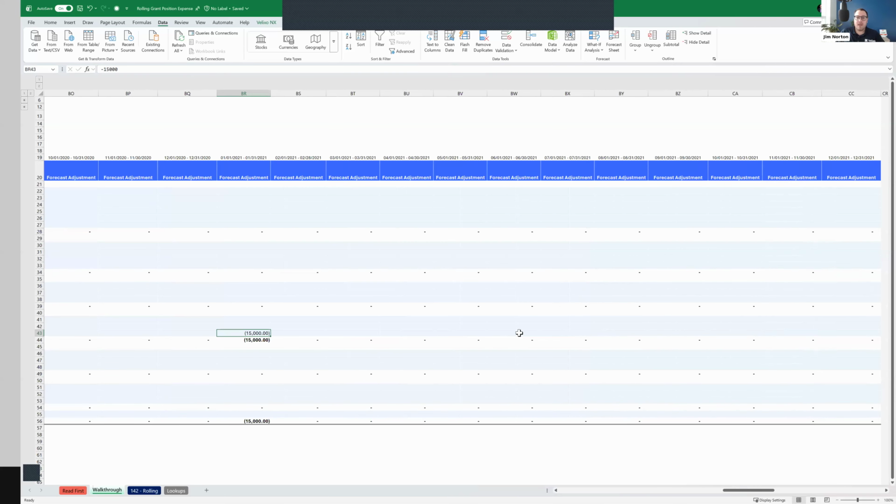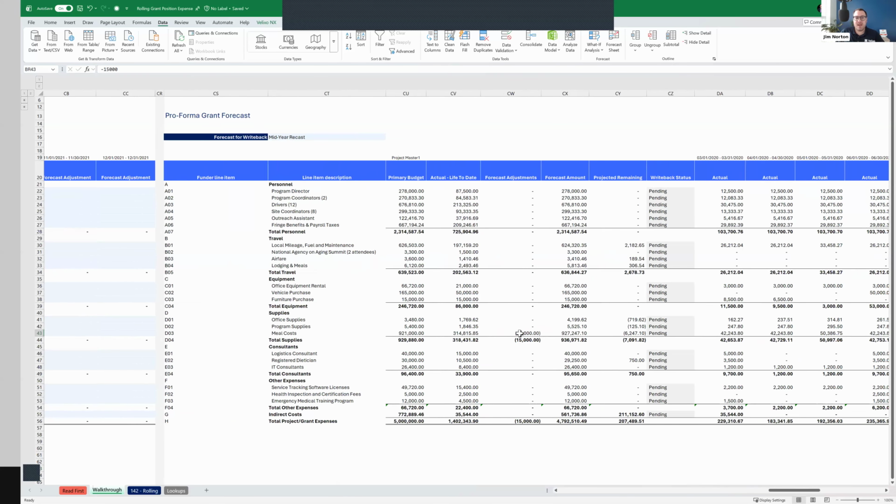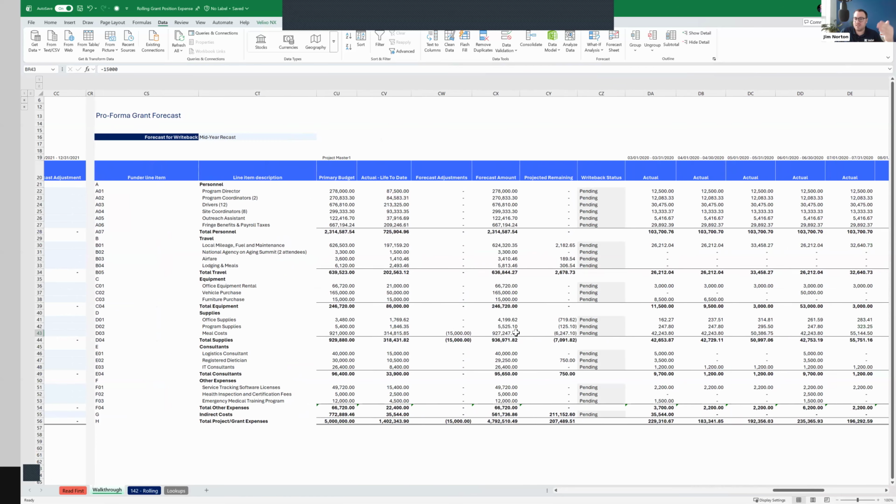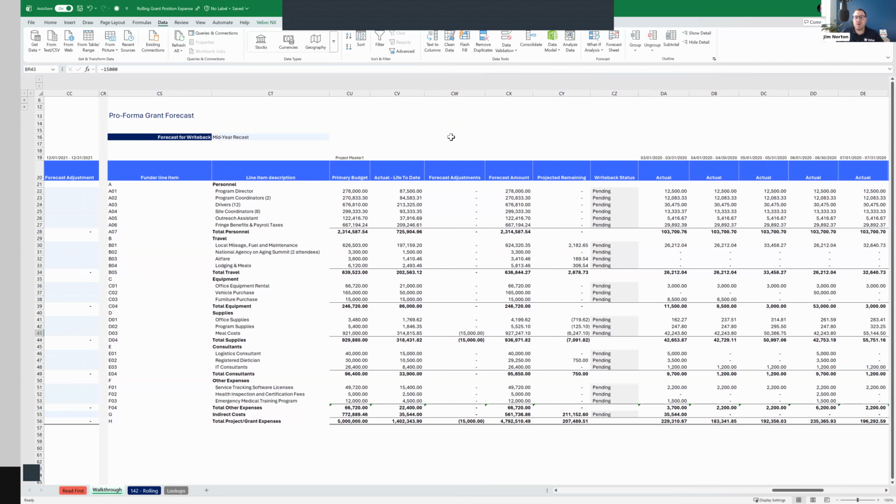Okay. And then I have over here, and this is kind of just a best practice, what I call a pro forma. The idea behind this is, before we write anything back to the ERP, let's look at whether this looks like it's going to make sense. So this kind of gives us that picture. By the way, you have all these example files in your materials that are already built.